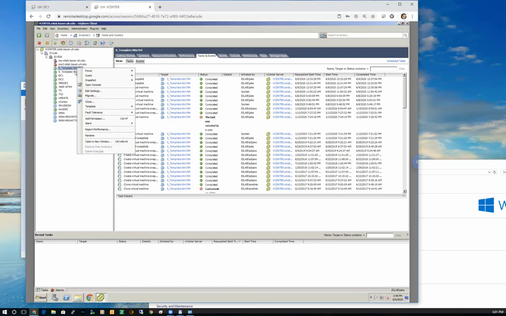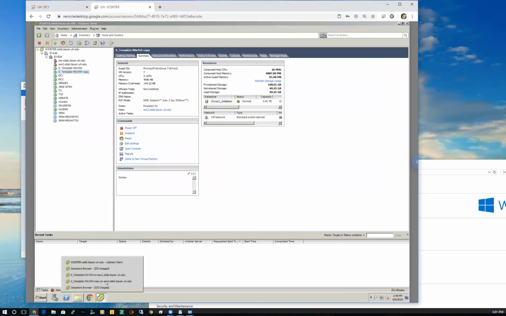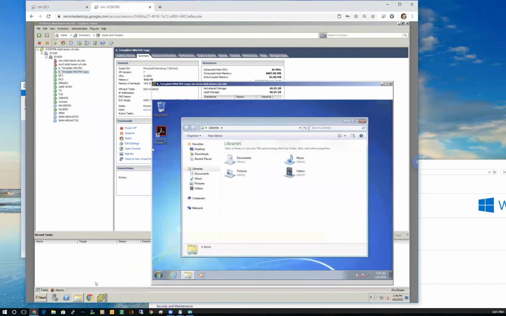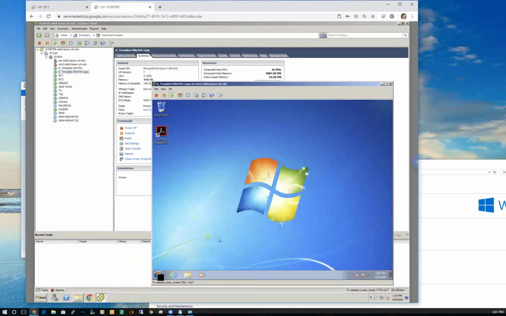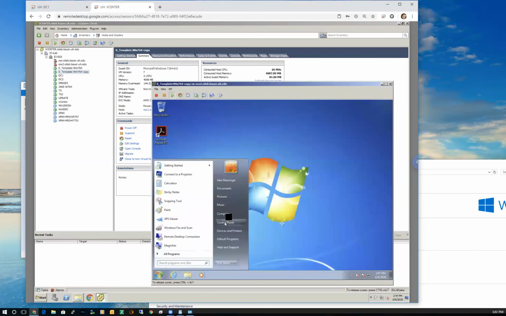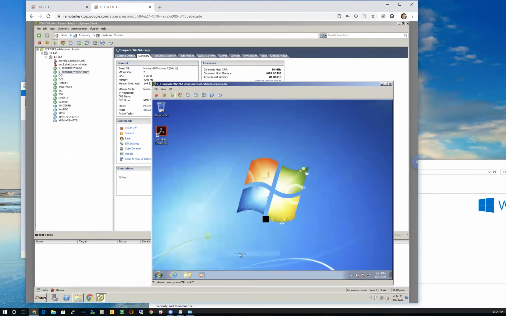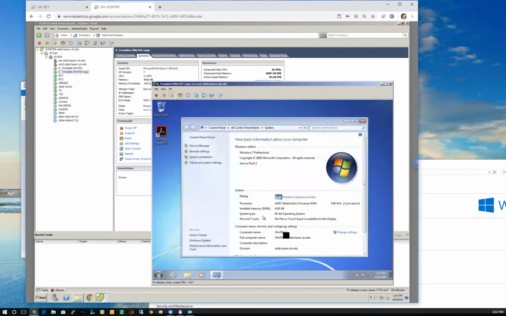So I called it, let's see what I called it. I'm pretty sure I'm remote viewing it right there. These are some remote viewing sessions, kind of like how I'm doing Chrome Remote Desktop, but I'm using the VMware viewer here. So here's the copy of the thing I'm viewing. This looks a lot like it, but let's see what I've changed. If I go to Computer, right-click, and go to Properties, I see I've called it Win764-2. I just stuck a 2 on it.